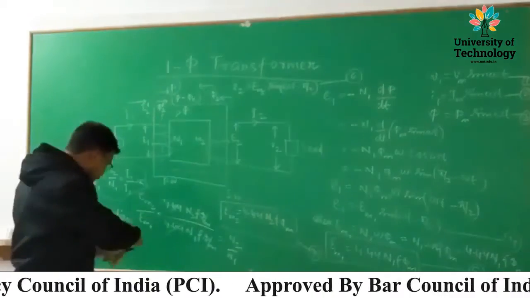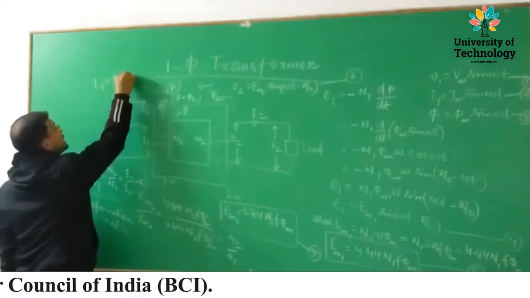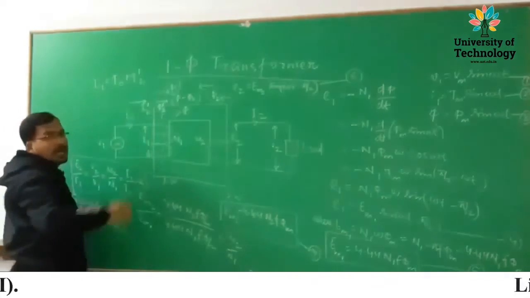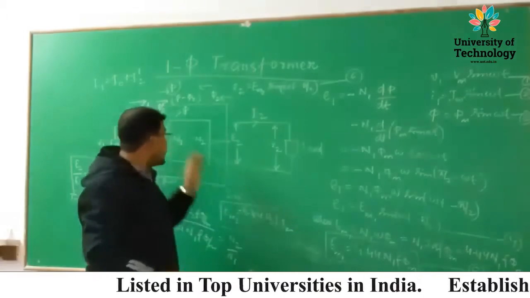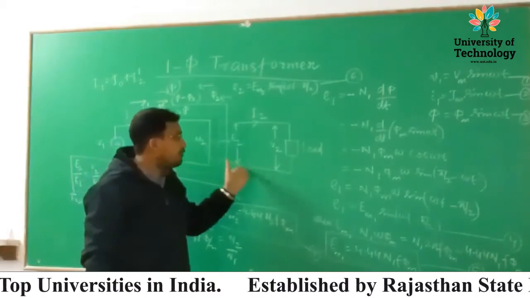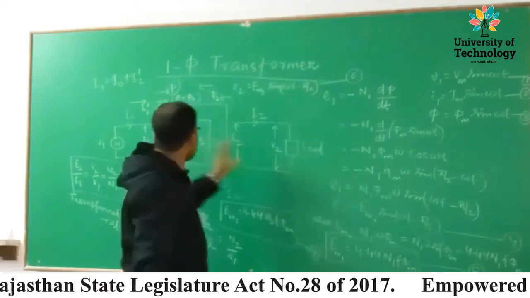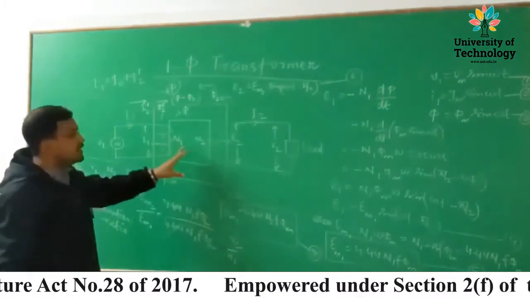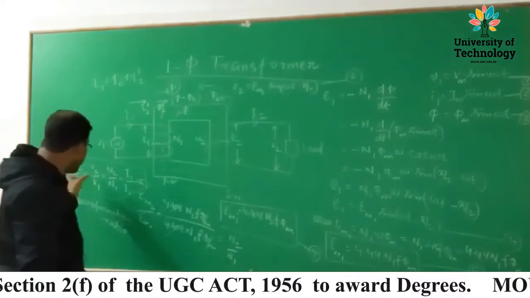Now this current which is produced, so the total current I1 is now what? It is I0 plus I2 dash. I0 is what? I0 is the no load current which is flowing in the primary winding at the time when load is not connected in the secondary side. Now, if you consider the phasor diagram of the transformer, before going to that, we can consider this one,